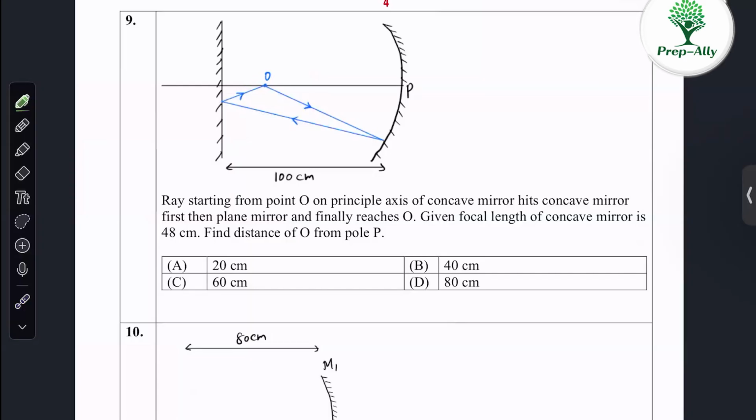It means the rays are going from here, hitting the mirror, and then again coming back here. The final image is formed here, they are saying. Now, if you extend this backwards,